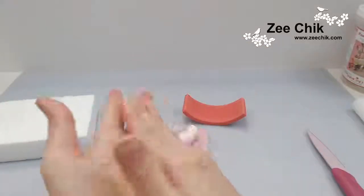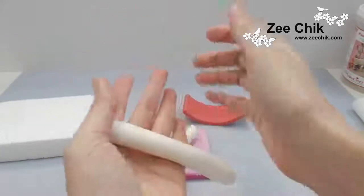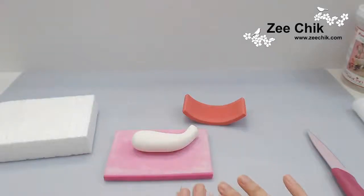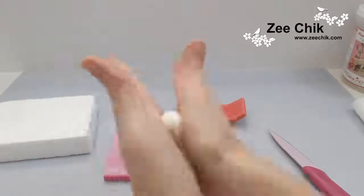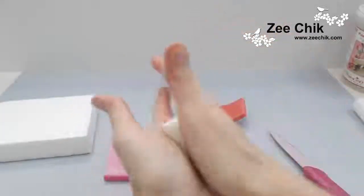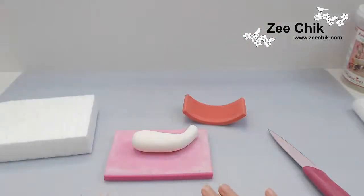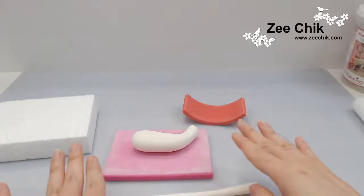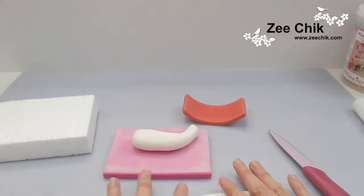I'm kind of making a rocking horse, something like that. Right, I think it's too much anyway. Let me cut it. Right, because it's a kind of toy horse, I will give it some definition on the leg, but I'm not going to harp on if it is